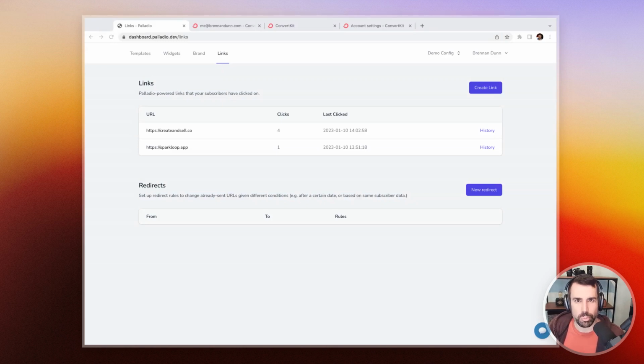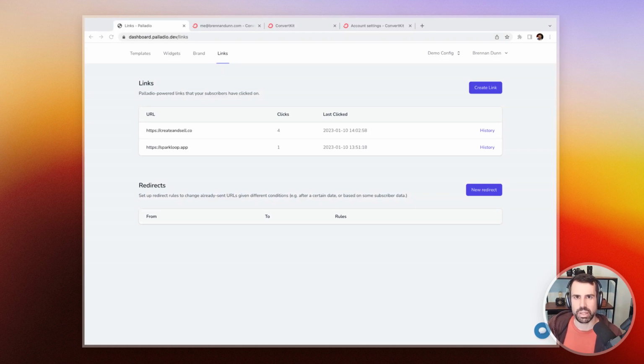Chances are when you think about what Palladio does, you think email templates. That's why most people buy it. That's kind of why I started the product. But over the last few months, I've slowly started to make the product a lot more than just a template designer for ConvertKit. One of the things that I really wanted to build with this tool was something equivalent,